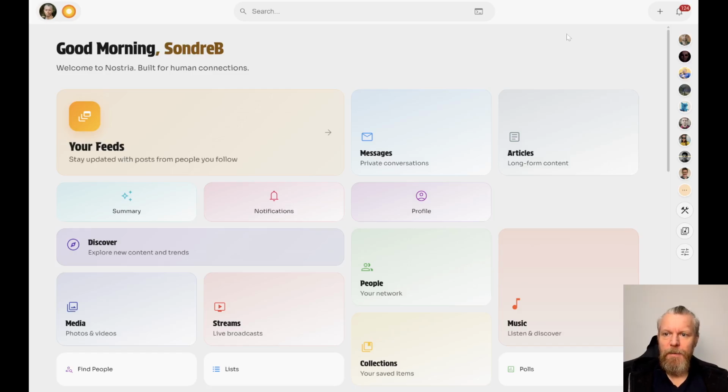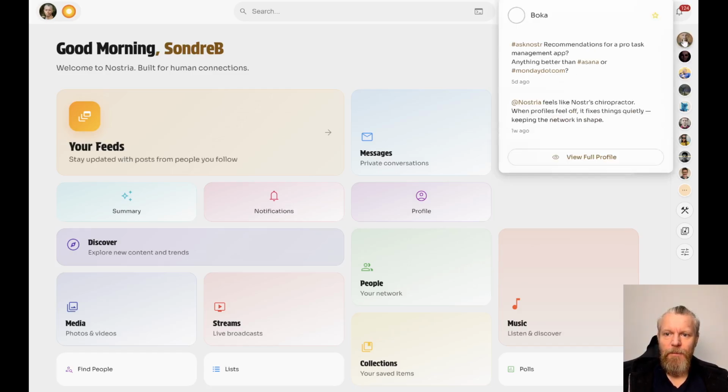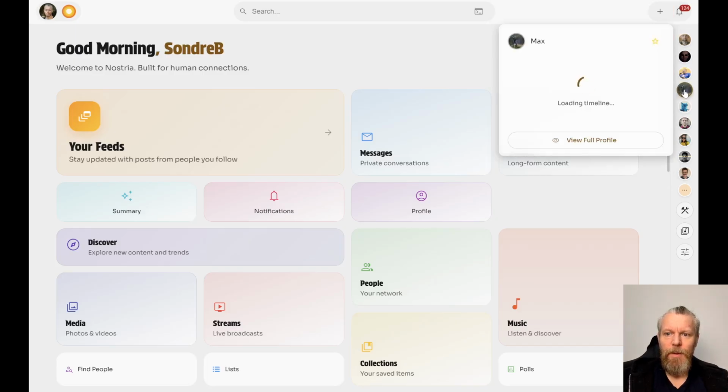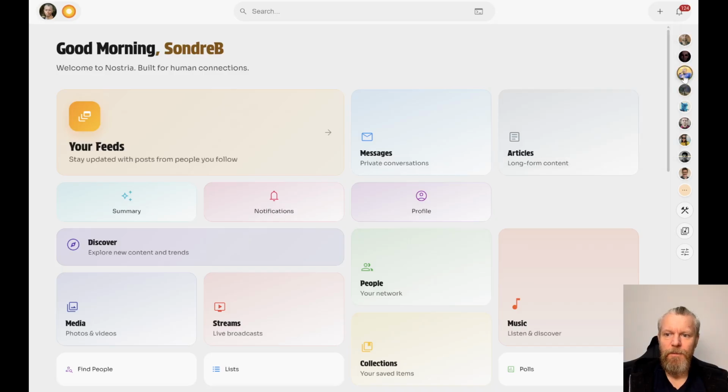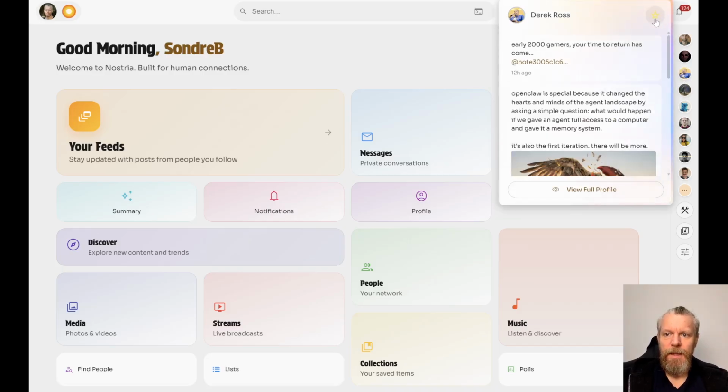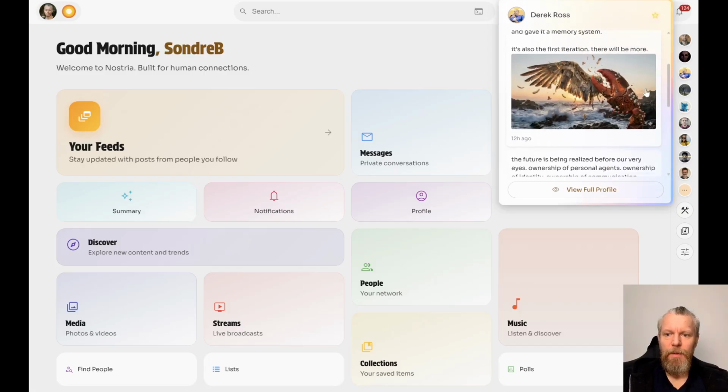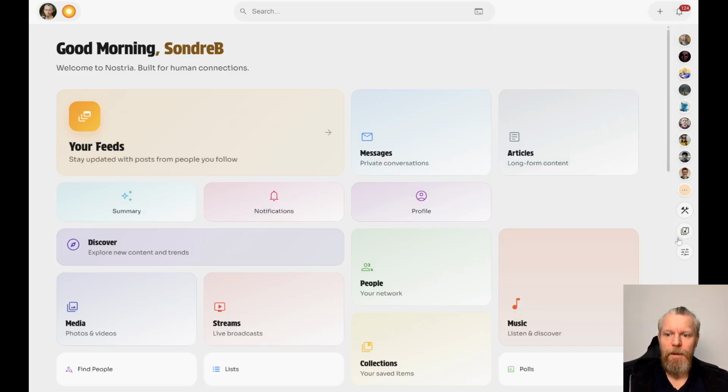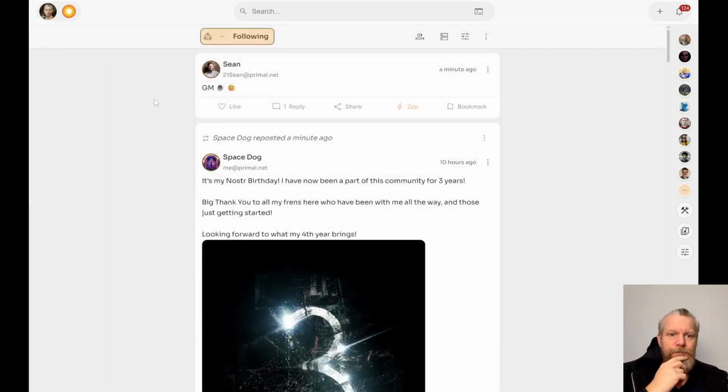And before I get started, I want to show you on the right here, you have friends here. So if you have some people that are sort of your favorites, not friends, it is favorites, you can just click the star here and these people will then appear on the right side here. This is a desktop only feature. So let's get started. Let's just jump into my feed.